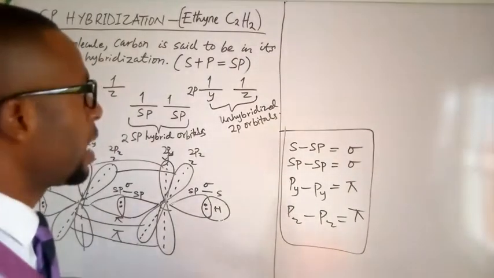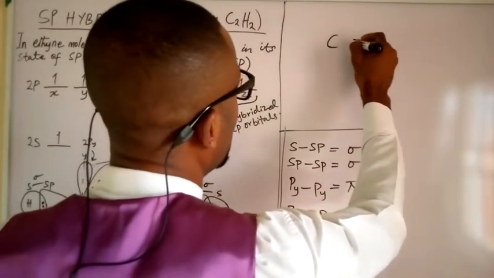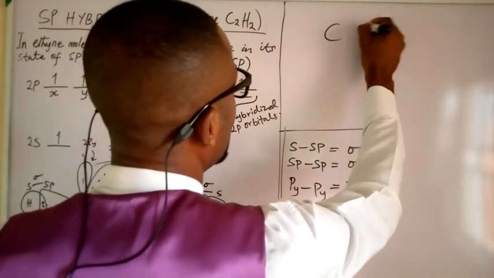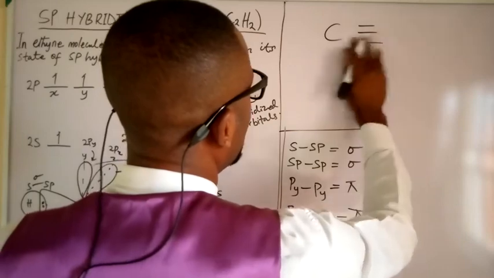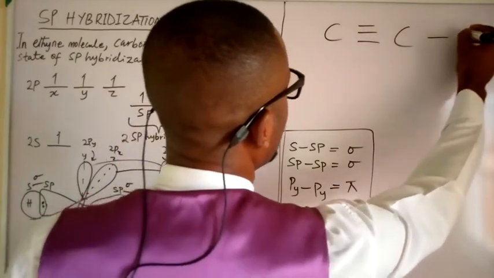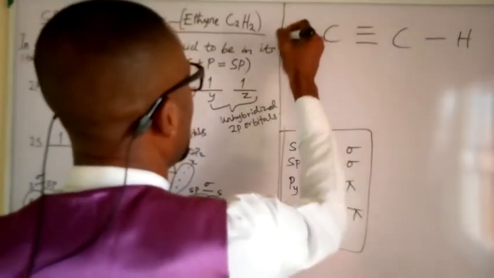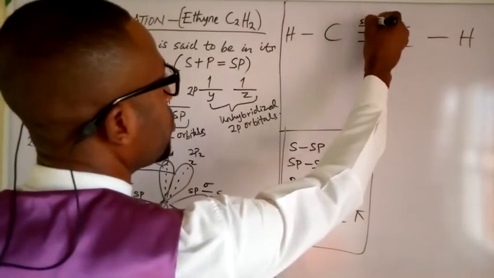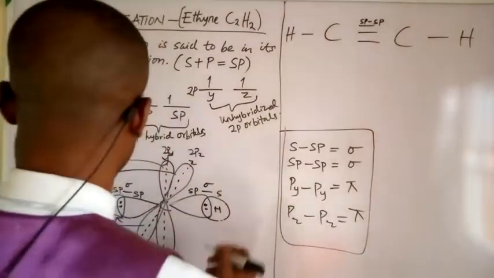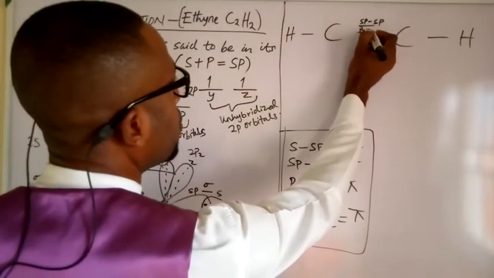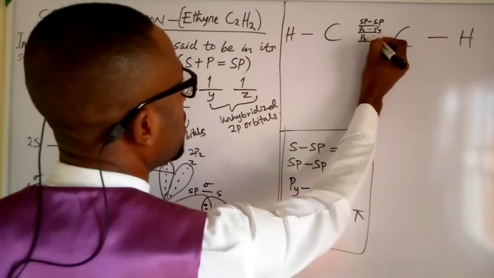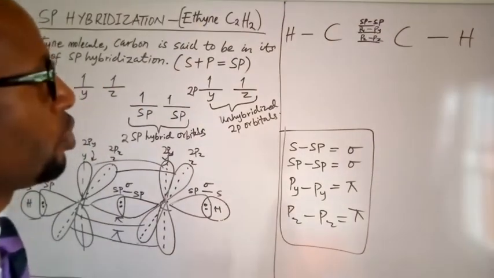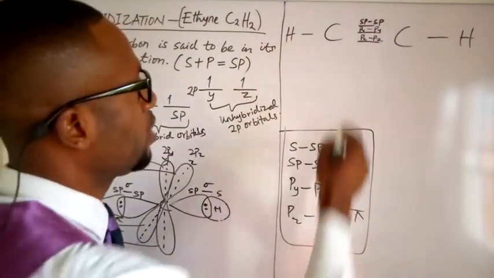So if this is what you have, recall that the simple structure of a triple bond will always be given this way. It will always have 3 bonds. This is the simple structure of a triple bond with 3 bonds. Here you recall that we have an sp to sp overlap. Here we have a py to py overlap, and here we have a pz to pz overlap. Beautiful. So you see it when you have an sp to an sp overlap.